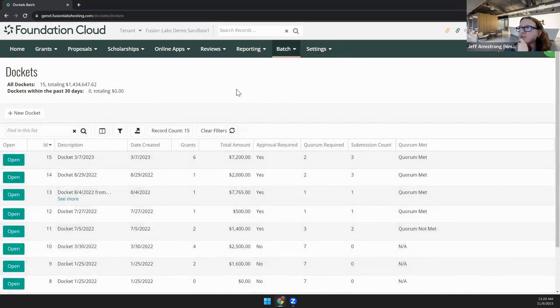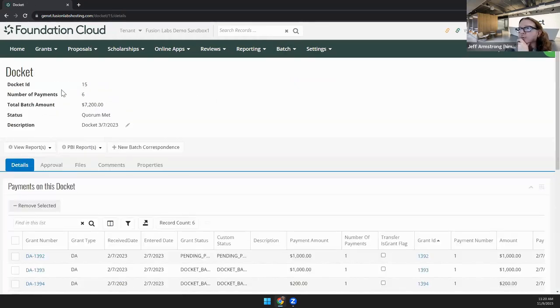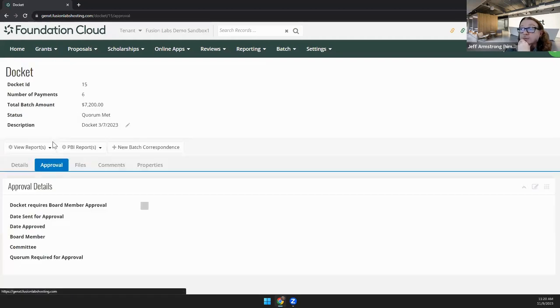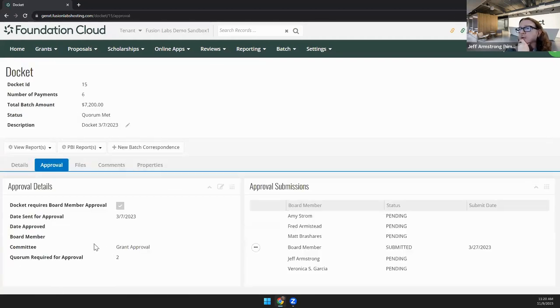Docket batches are very similar. These are batches where you're going to send a group of your applications, a group of your grant payments to your board for approval. So here's a docket that we sent to the board for approval. It's got 6 payments on it. These payments all need to be approved by the board. On this approval tab, we show that it's going to be approved by a committee, this grant approval committee, which is your board. You can also have it set up to just have one individual approve it rather than a whole committee. But this must be a committee of 3 because the quorum required for approval is 2. So 2 out of the 3 folks on this docket have to approve each grant payment before it can be